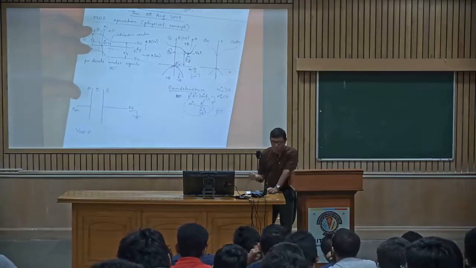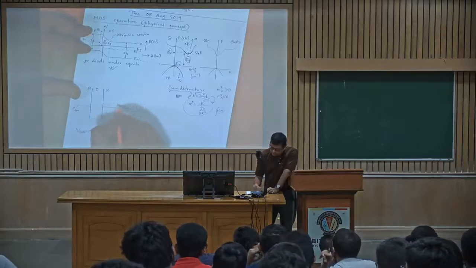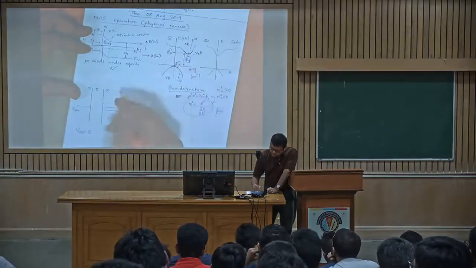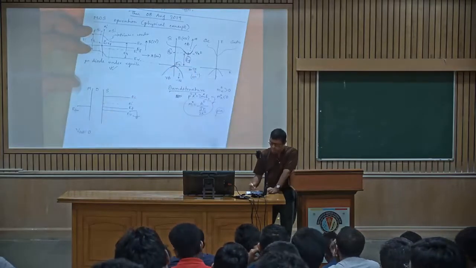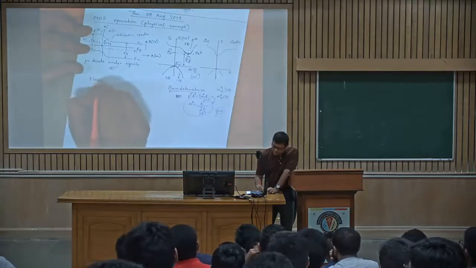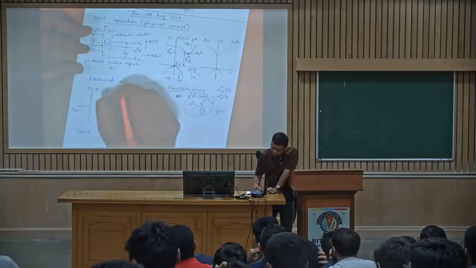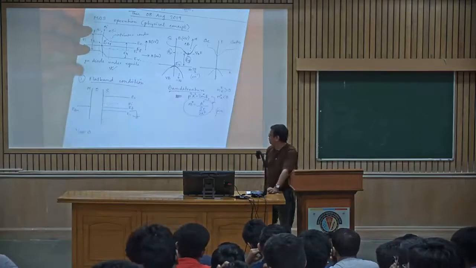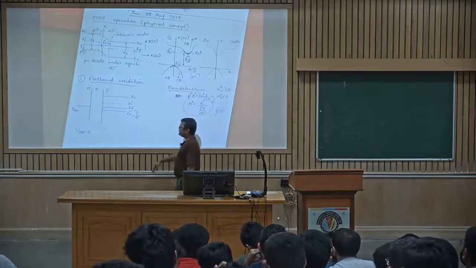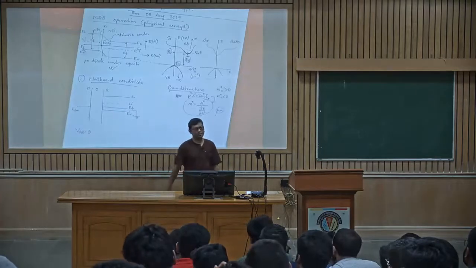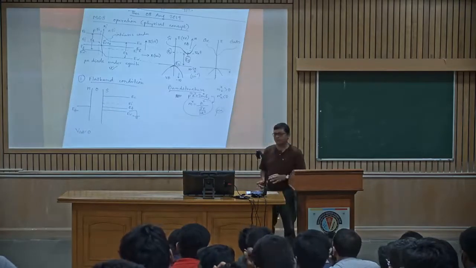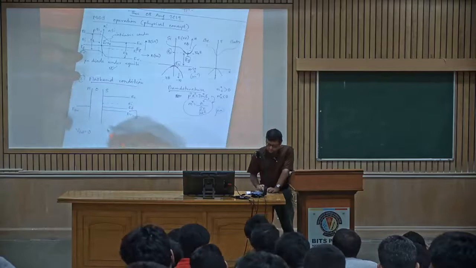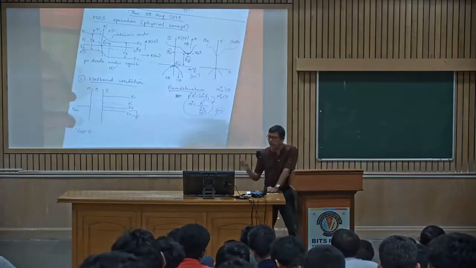Flat band, what is the meaning of that? Simply, EI, EC and EV are the same distance apart. This is called the flat band condition. First thing you have to keep in mind is that this is for an ideal MOS, because if it is not an ideal MOS, some things will change. We will see it towards the end of this class. So in the flat band condition, first thing, VGB is equal to 0, and then we are going to have certain definitions.